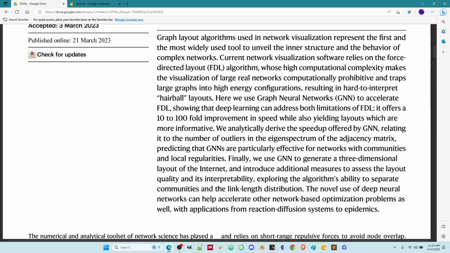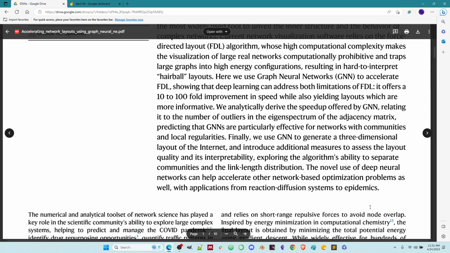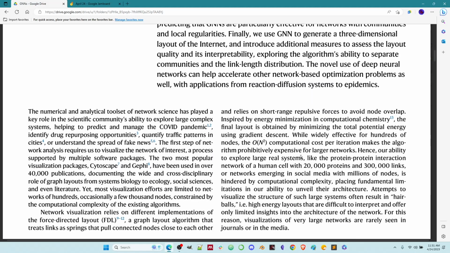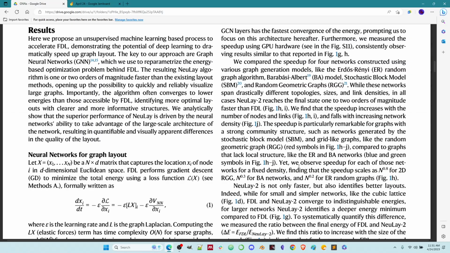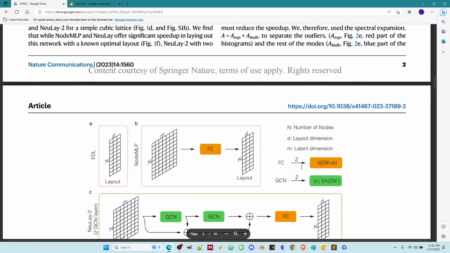The novel use of deep neural networks can help accelerate other network-based optimization problems as well, with applications ranging from reaction diffusion systems to epidemics. So reaction diffusion systems, we're very familiar with that in this group, because that's one of the things we talk about when we talk about morphogenesis, that reaction diffusion systems can generate morphogenetic patterns and things like that. So it's really interesting that we have this ability to use neural networks to do these things, graph neural networks especially. And so they go through their method here for doing the graph layouts, but they also talk about some of the